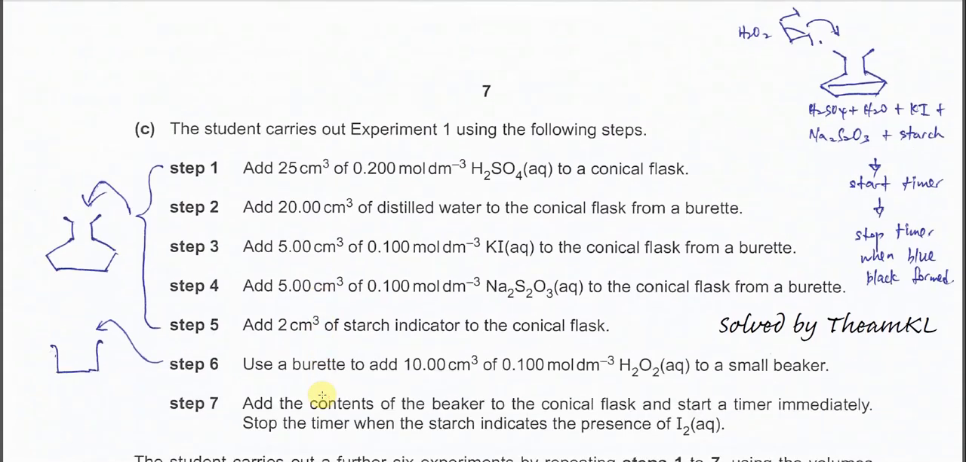Okay, part C. The student carries out experiment 1 using the following steps. So we have step 1 to step 7. I'll make it faster and simpler. Step 1, 2, 3, 4, 5. Okay, they are all the solutions that are needed, and all these solutions are going to be put in